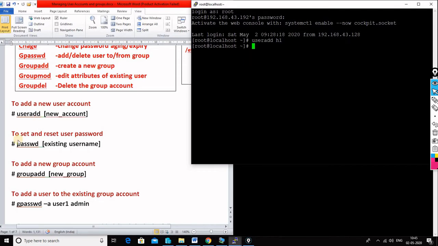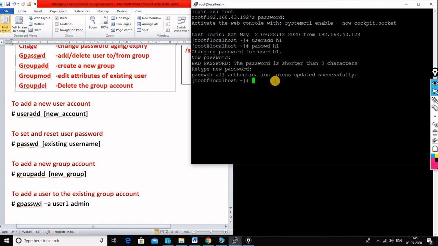To set a password for the user, I will use the command passwd, and I have to mention the username h1. It is asking for a password. I will give a very simple password, h1 only. Now you can see the user authentication tokens are updated successfully. That means the user is created.